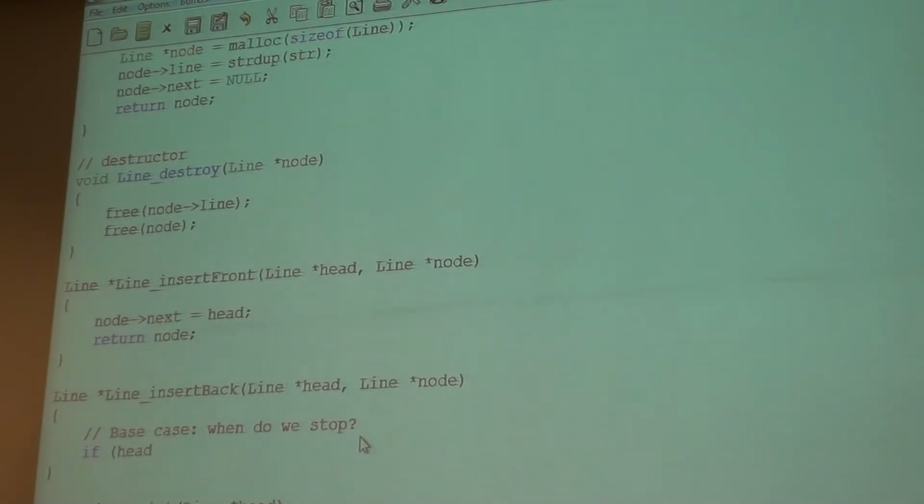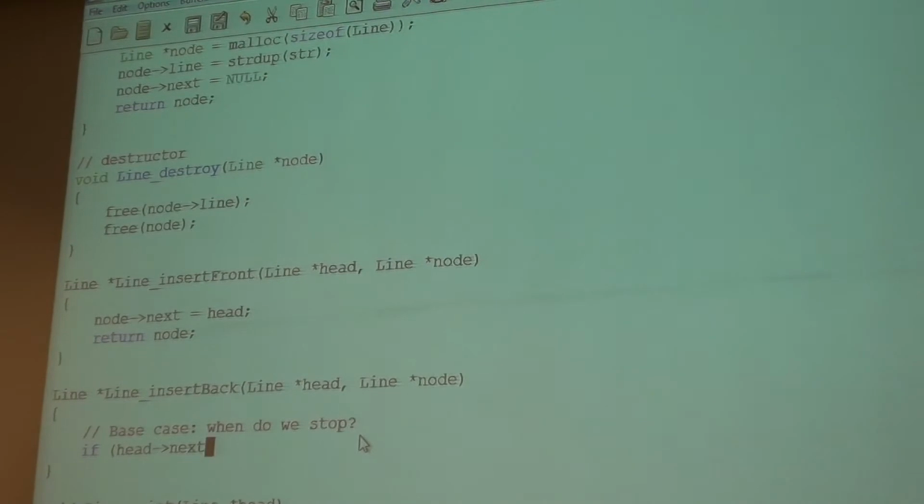Well, you're assuming that you're not getting an empty list, but you might get null here. You might be trying to insert at the back of an empty list, which should be fine. If I do this, I assume that head is not null, because otherwise I'll get a segmentation fault. So I'm actually going to short circuit this a little and say,